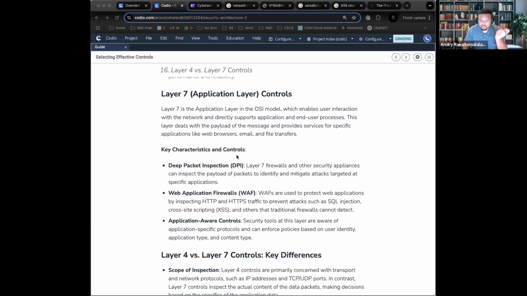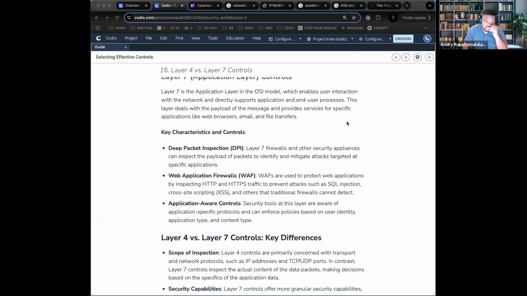It's like a magnifying glass looking in depth into the actual content. So what are some ways that you can protect it? Well, one of them is called deep packet inspection. So deep packet inspection, also called DPI, is where it has advanced malware and advanced application layer detection. So that's all it is. It's just looking more deeply into those packets to identify anything that could be malicious. The other one is a WAF, like we had talked about before, Web Application Firewall. Now, as you remember, a web application firewall is to protect against SQL injections or cross-site scripting. Cross-site scripting is when you input a script into the form that we had talked about before.